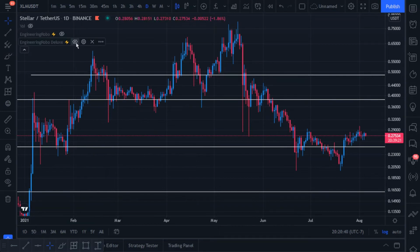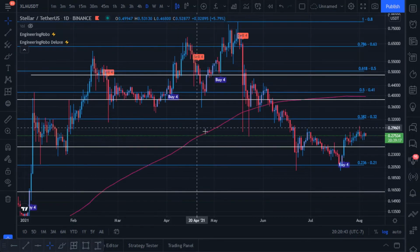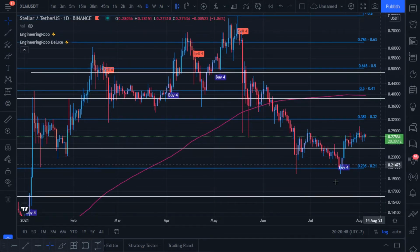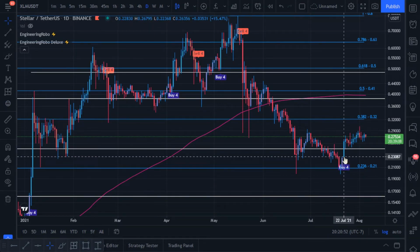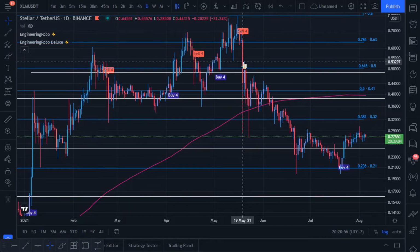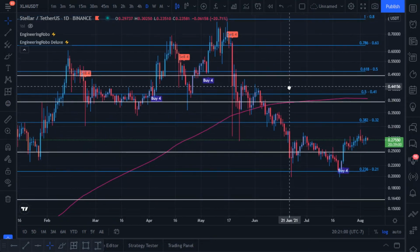But a new perspective comes into play when we consider EngineeringRobo, along with the Lamborghini lines of Illuminati, Bugattis, Zucchinis, Bikinis, Martinis, and Illuminati again. We can see a buy 4 coming into play on the 22nd of July of 2021. We have the sell 4 on the dreaded 19th of May, suggesting some continuation from that very abrupt and aggressive sell-off there,